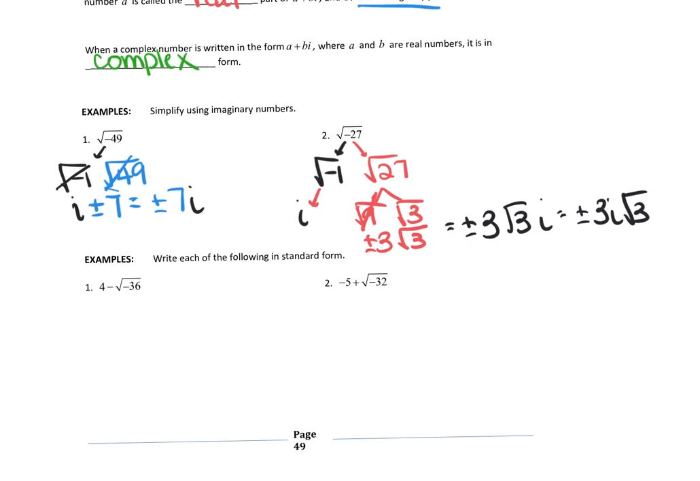Now, we're going to write these in what we call standard form. Standard form is that complex form I said up there. But the standard form, when you have something like this, notice the square root has a negative in it. So we need to take that out. And so we'll write that as